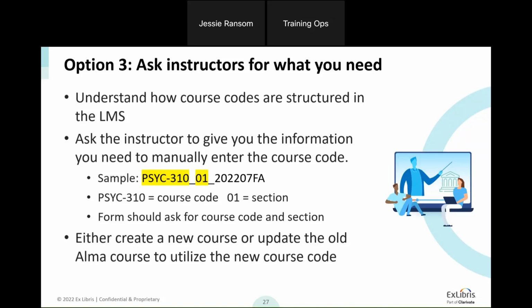I have a sample down here from our same course loader example, but if we assume that this is the course code for the first part, the course section for the second part, then your form would just need to ask for that information so that you can make sure that you have the course code on the course in Alma. Once you know the structure, it is something you can create manually. If this last piece is to do with the term, then that would be consistent across your courses. If you have something else, maybe you have multiple terms, then that would need to be a question that you would ask. Same thing, you should only have to do this once as part of the initial